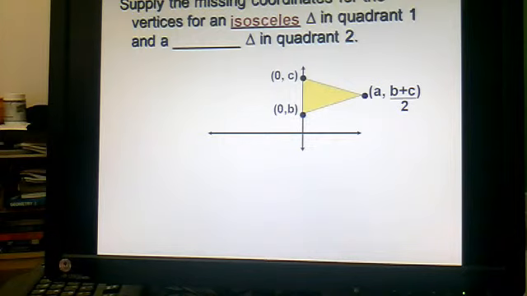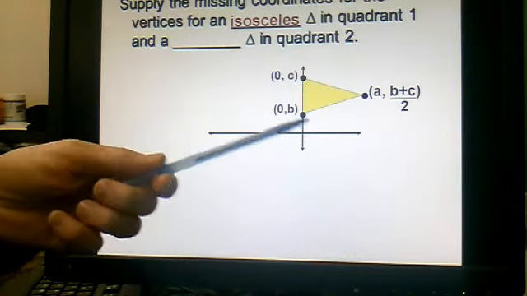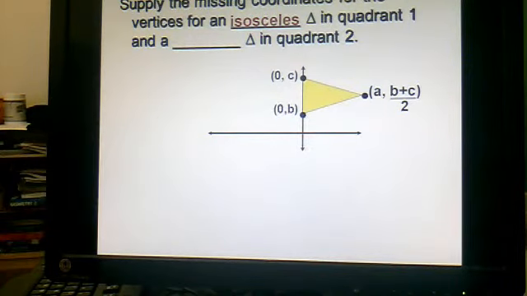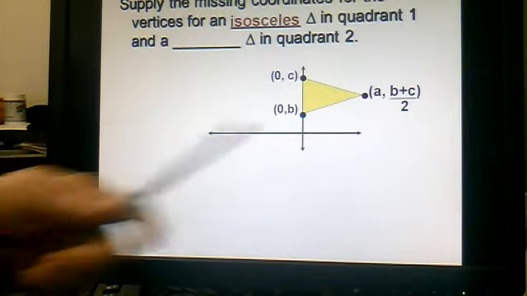So this third vertex is A units across. That has nothing to do with B and C. But its y coordinate is the average of these two y coordinates here, which is why I have B plus C divided by 2. So there's an application of the midpoint